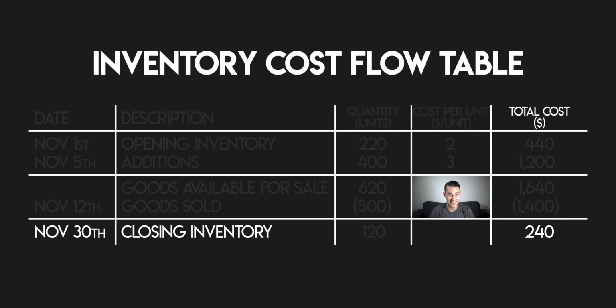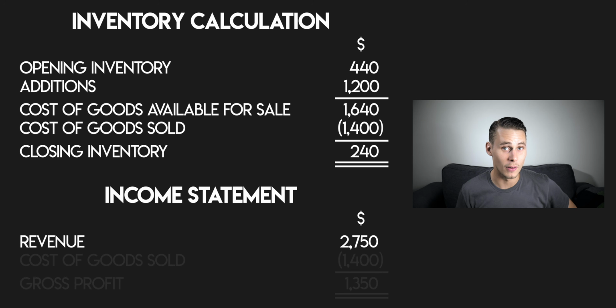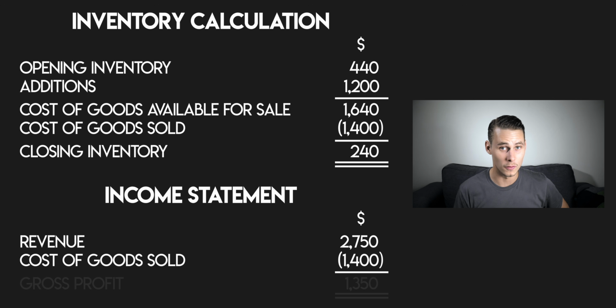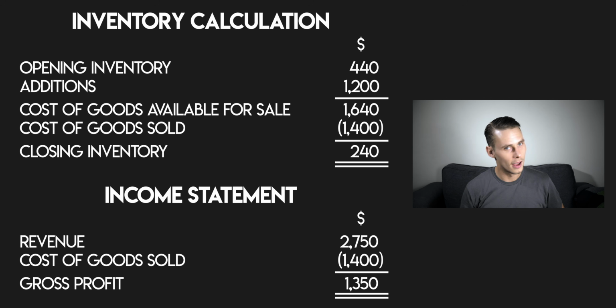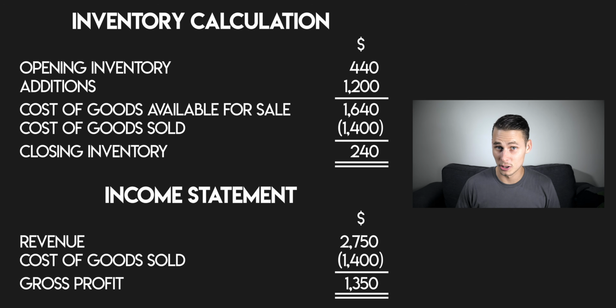Now let's have another look at the inventory calculation. Why would you choose LIFO over the other inventory cost flow assumptions? This method allows you to match your current revenues against your most recent cost of goods, so your gross profit reflects your business's current performance. However, when prices are rising during times of inflation, your most recent cost of goods are also your highest, which gives you a higher cost of goods sold. Remember, those squidgies in the example went from costing $2 per unit to $3 per unit. This gives you a lower gross profit.